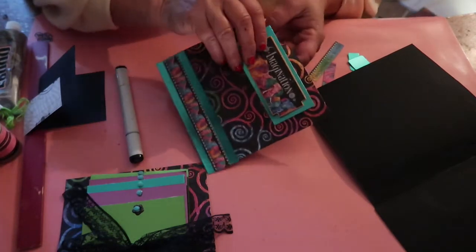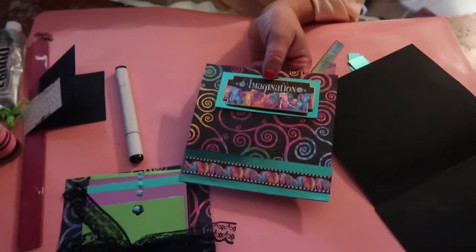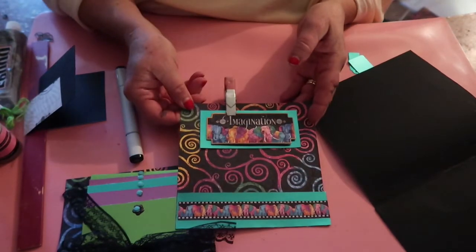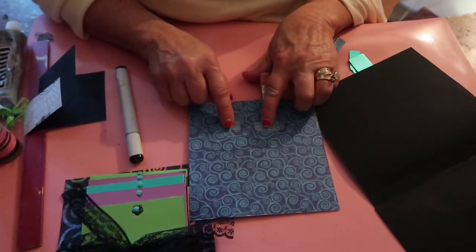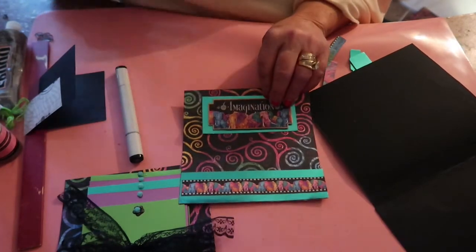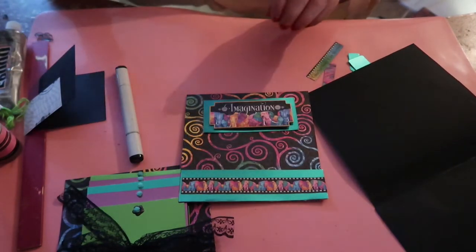But all we did to find out where to put the magnets on the imagination is I put it even, and I put a couple clips on it to make sure that it was going to stay where I wanted it. Flipped it over, dropped the two magnets where they wanted to be. It was good to use two magnets on this because the chipboard is rather thick, and if you only use one, sometimes it gets kittywampus like that too. All right, so